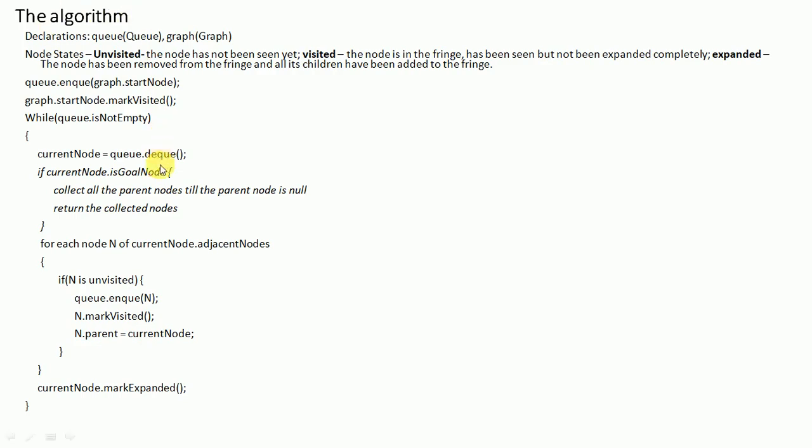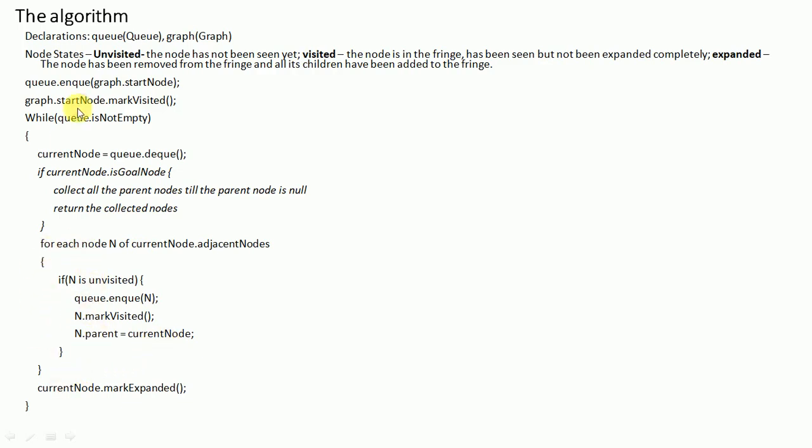So we iterate over all the adjacent nodes and we check if node n is visited. If it is unvisited, then only we add it to the queue and then we mark it as visited, and here we set the parent of n to the current node, because we've come to n through the current node,